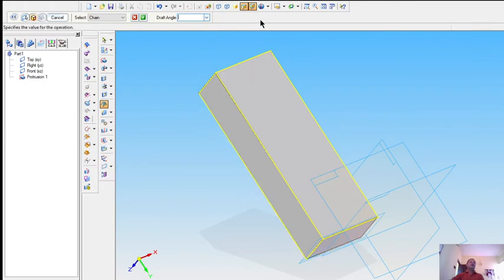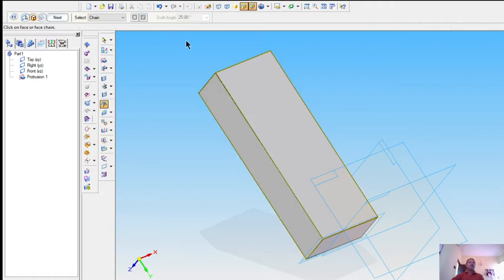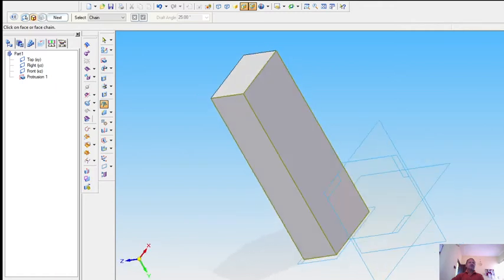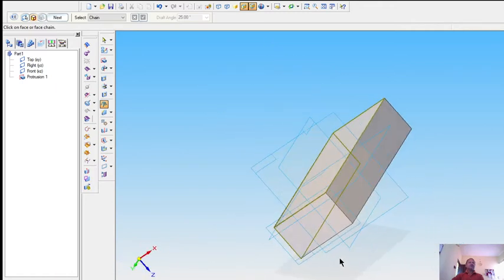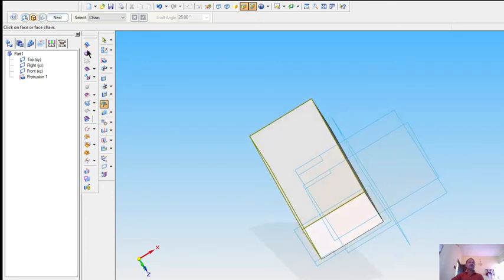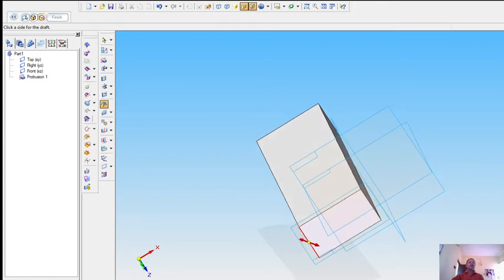Then it will ask the draft angle. You can give any draft angle depending upon your drawing. Now let us take 25 degrees as an example. Then click here on the right mark, then click on the faces, then it will ask for the next, select the arrow mark.